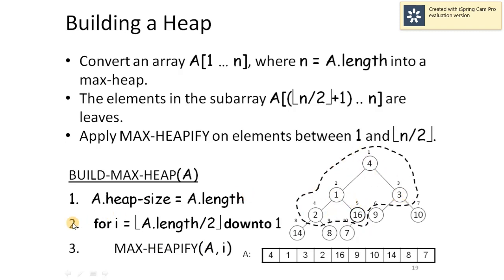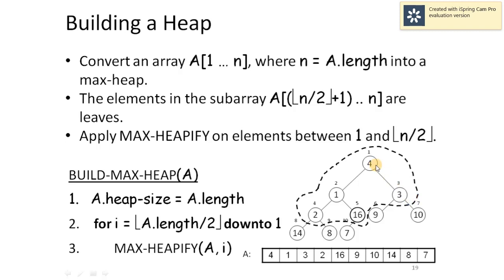That is, we call the max heapify function for all the internal nodes. Now, the question is why we are starting from n by 2 down to 1 and not from 1 to n by 2. If you remember, in the max heapify function there is an assumption that both the children of a node should satisfy the property of a max heap. So, if we start with index position 1, that means 4, I can apply max heapify at the root only if its left subtree and its right subtree satisfy the properties of a max heap.